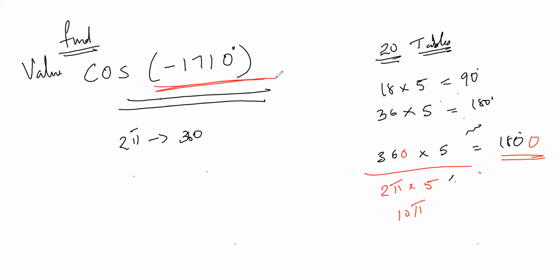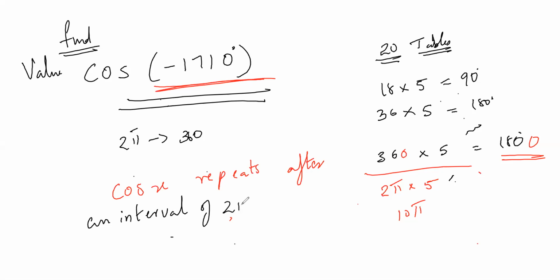Now with this cos, because I'm just writing for you, cos x repeats after an interval of 2 pi or 360 degree. This I am writing down in words. Just like our numbers, words, variables, and diagram. Now I'm writing down in words, so that you will remember this point. Cos x repeats after an interval of 2 pi or 360 degree. Correct? So what I can do from this?